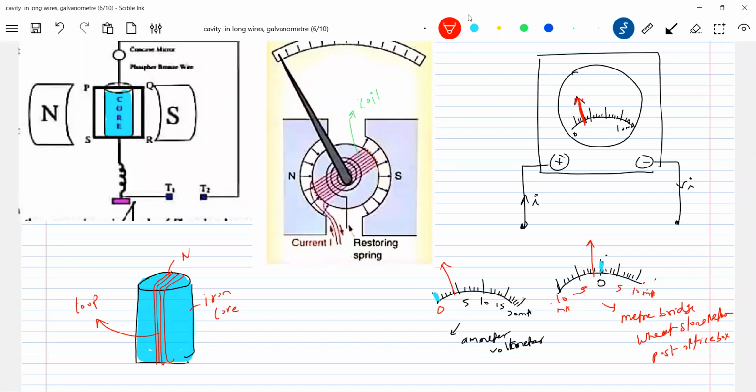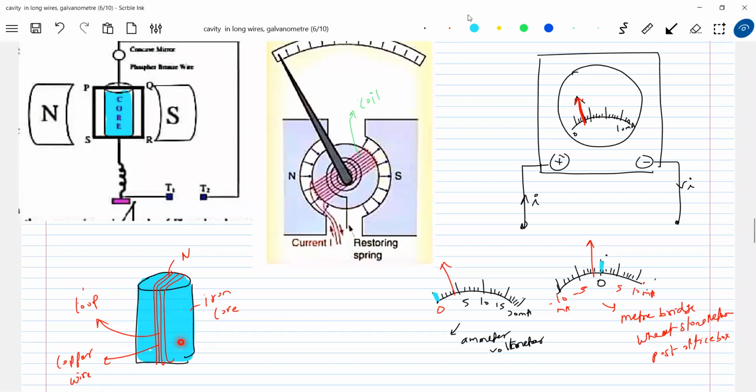Nothing big. Now, sir, what is this made up of? The loop is made up of copper, no? Copper winding. So there's nothing but copper wire, so a short circuit will happen. So for that, what I do is I'll take an iron cylinder. On that, I'll give an insulating coating. Then I'll take copper wire and wound it.